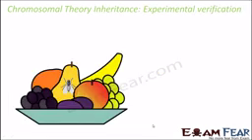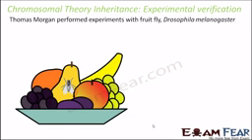Now, the chromosomal theory of inheritance also needed experimental verification. Even Mendel performed a lot of experiments to come up with Mendel's laws of inheritance. Similarly, to prove the chromosomal theory of inheritance, experimental verification was required. That verification was provided by a famous scientist called Morgan. Thomas Morgan performed a series of experiments with the fruit fly, Drosophila melanogaster, and proved that the chromosomal theory of inheritance existed.